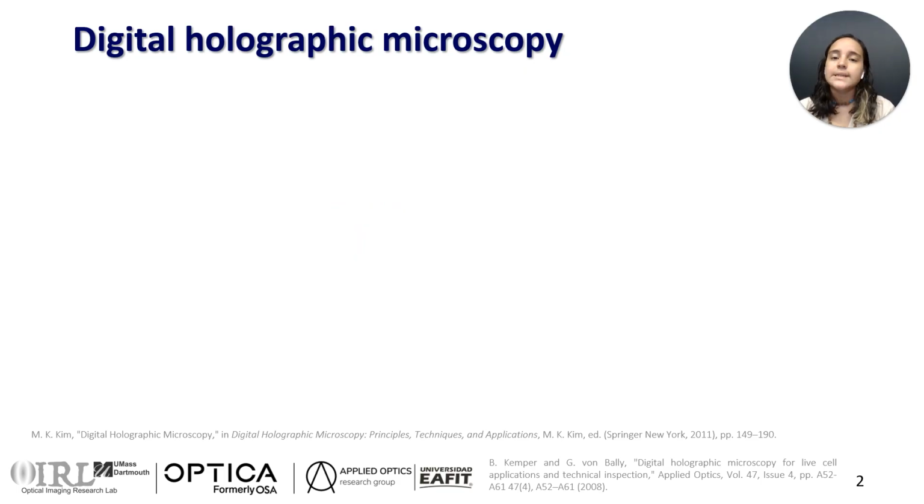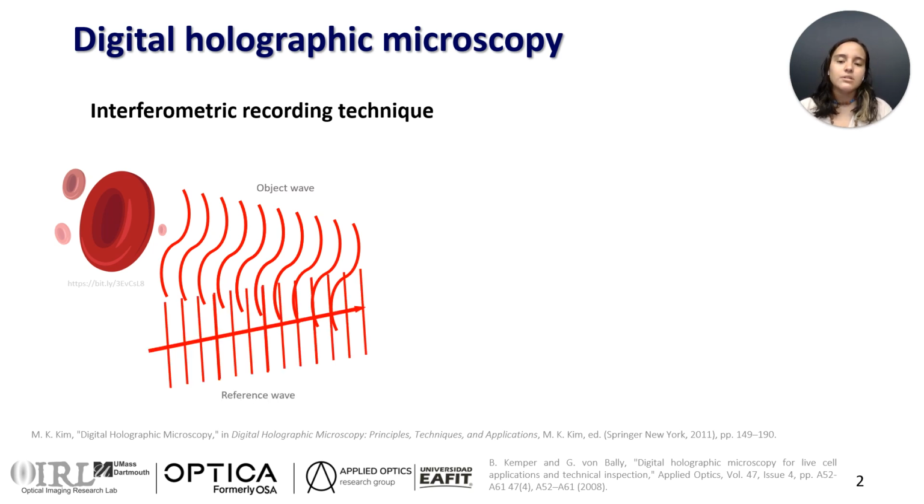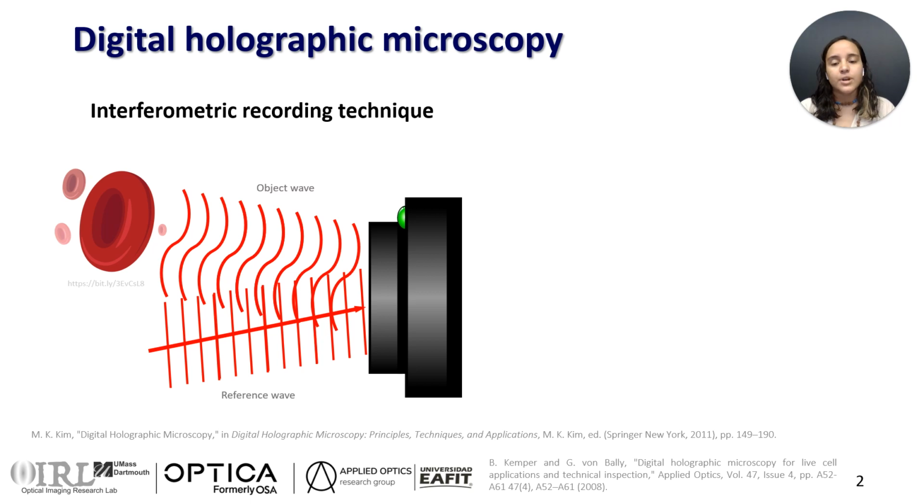The DHM is an interferometric recording technique in which we have an object wave that carries all the information of a specimen, like for example in this case a red blood cell, and a reference wave. These two waves interfere with each other. We record this interference pattern with a digital camera. When we have this register that's called hologram, we can retrieve the complex field of our sample, and we don't